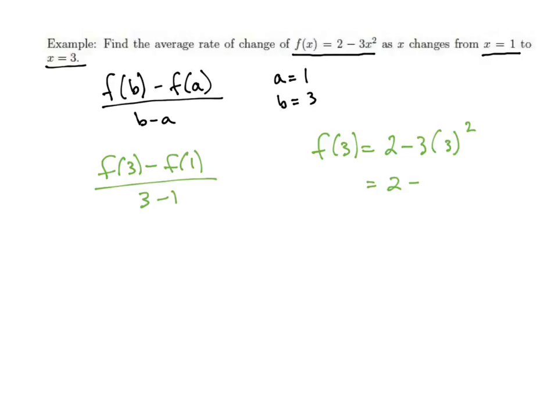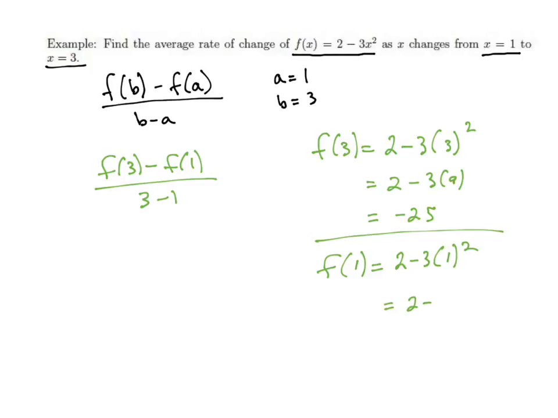We get 2 minus 3 times 9, which is negative 25 here. And then f of 1, well, 2 minus 3 times 1 squared, we get 2 minus 3, which is negative 1. So plugging these into